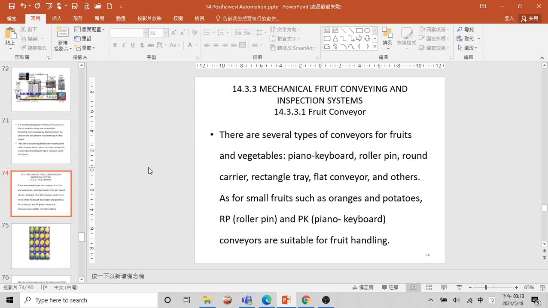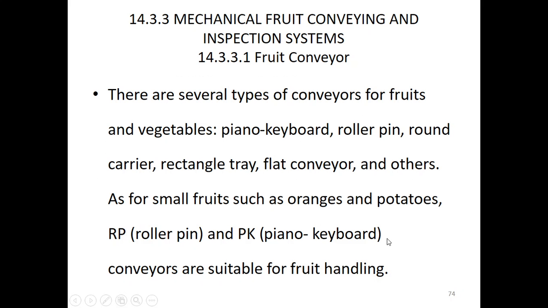Okay, so let's continue with this chapter. Let me open the slide. So it says here,